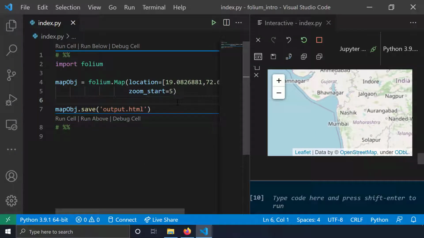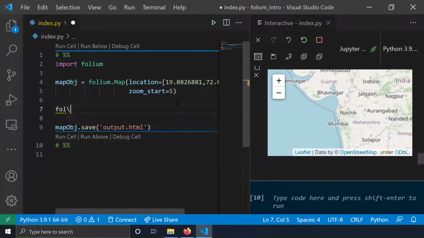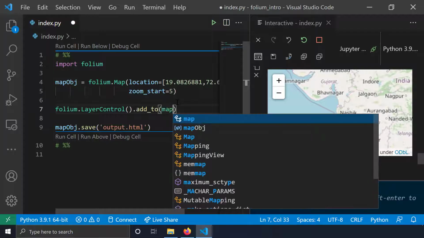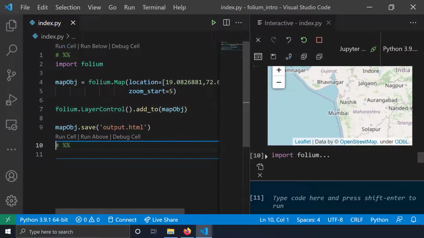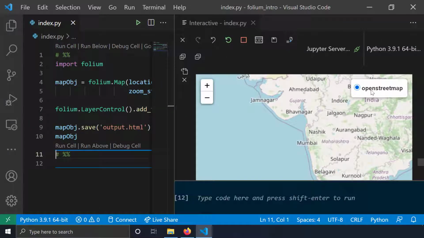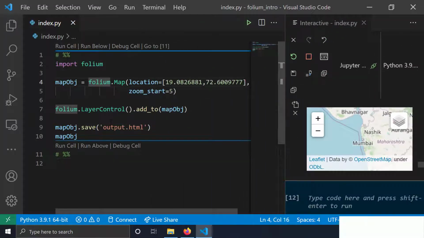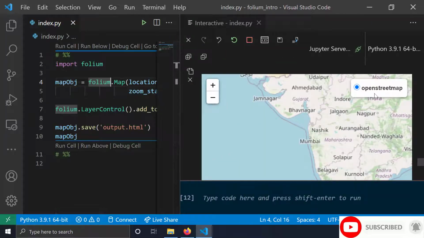It's really simple, guys. You just have to write folium.LayerControl().add_to and add this to my map object. So my map object is a variable called map_object. So I've just written folium.LayerControl().add_to(map_object), and now my layer control button will be at the top right of my map object. If I just run this cell, here you can see I got my layer switcher, but you can see I've got only one tile provider. That means by default, if you initialize your Folium map object, it will be provided with a tile provider called OpenStreetMap, and you can see it here.